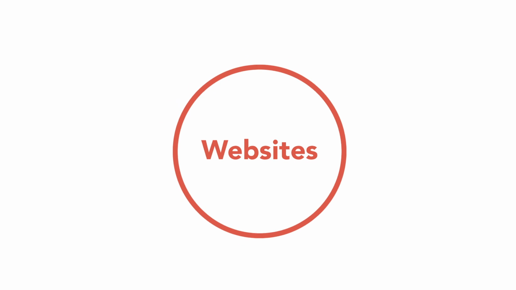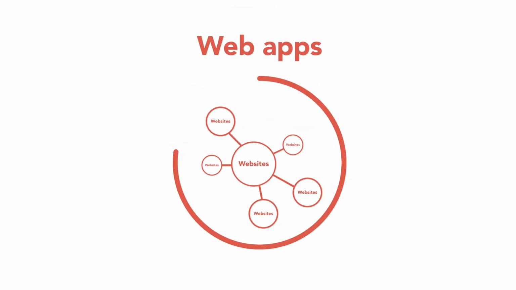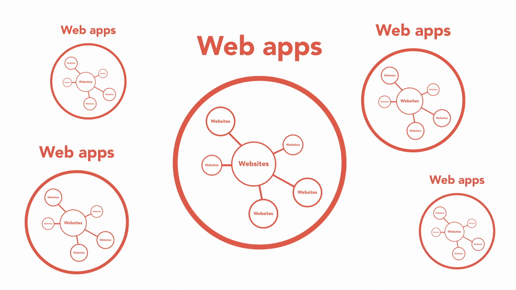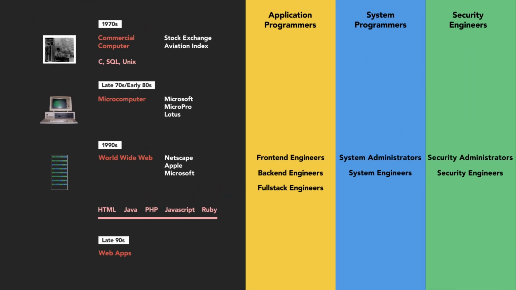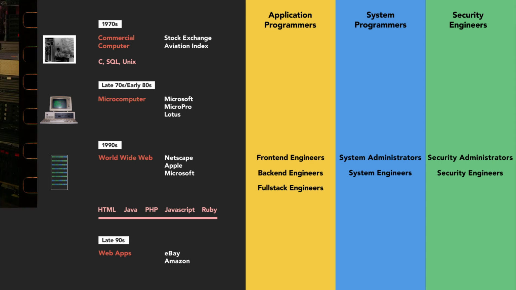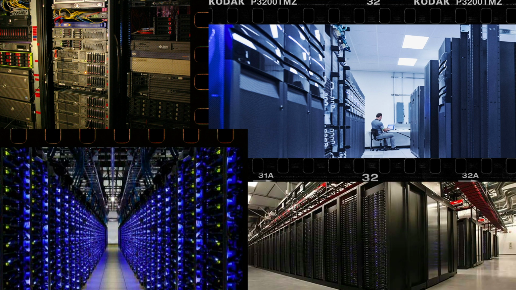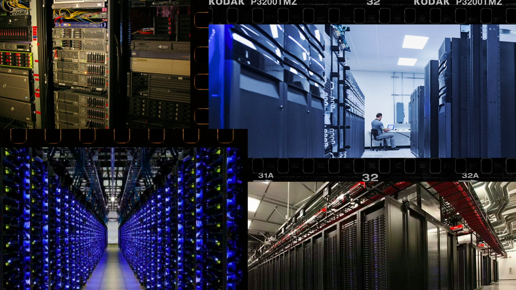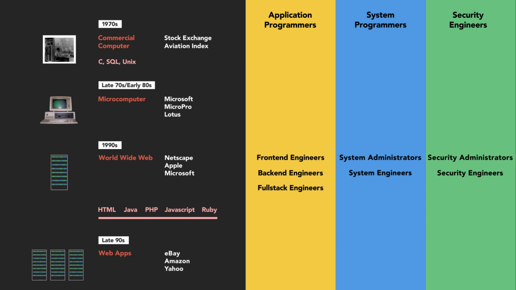So far we've had websites, but the big technological breakthrough in the late 90s is web apps. And this is enabled by the web technologies that we just mentioned, and growing adoption of the web in general. It becomes possible to write huge systems. Companies like eBay and Amazon, founded during this dot-com boom, take advantage of this opportunity, and they basically invent e-commerce. It becomes possible to run systems in huge data centers at this time, and so products like Search from Yahoo and Google also become viable as a result of this data center growth.